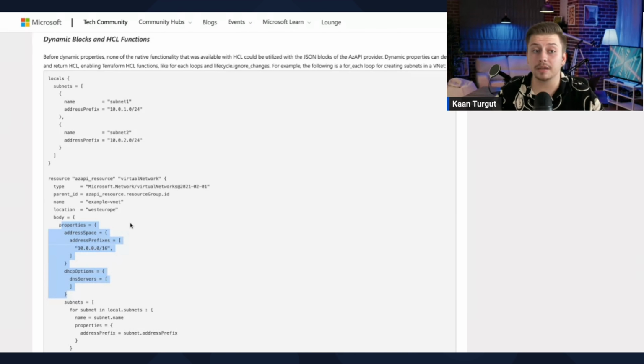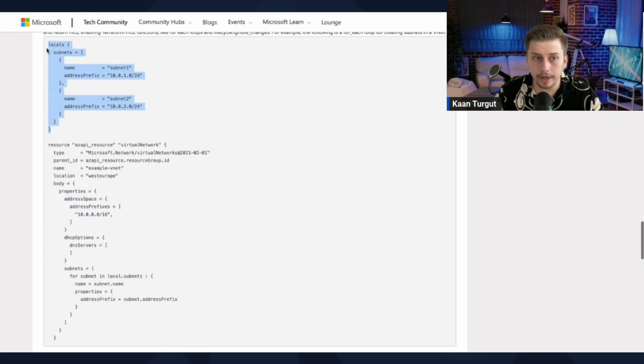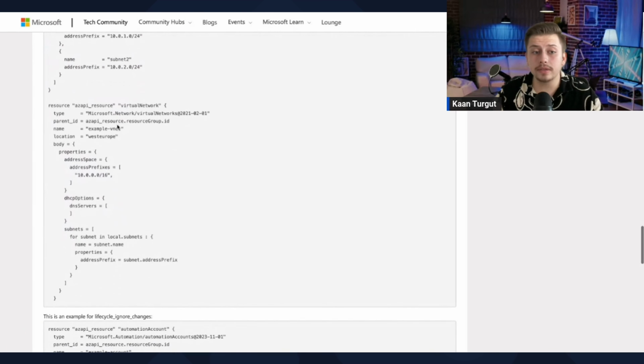What we mean by that is basically before the dynamic properties, none of the native functionality that was available with the HCL language could be utilized with the JSON blocks of the AzAPI provider. What we mean by that is we can use for_each loops or lifecycle ignore_changes with the new dynamic blocks without using jsonencode functions, right? So here we have local variables which has subnet values in it, as well as we have our virtual network resource code block here, and we want to give some values for our virtual network in a JSON format without using the jsonencode function, right? So as you guys can see here, we don't have the jsonencode